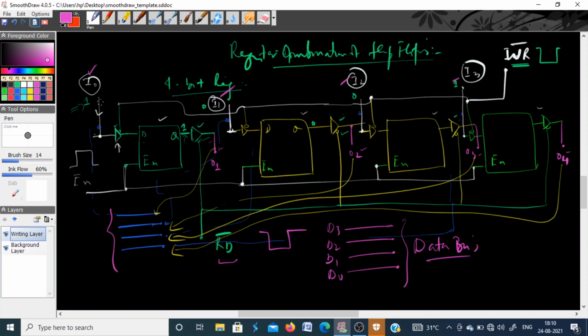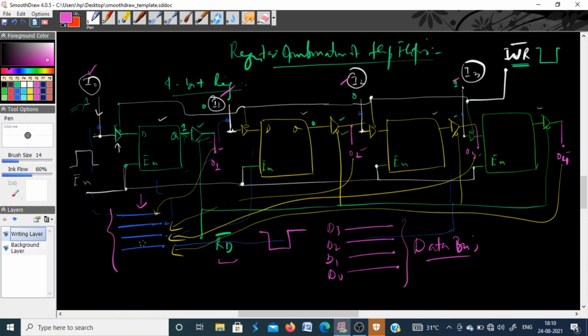The data from the databus will be placed on these inputs, or if it is a memory read operation, the data on the output will come on the databus. Okay, so you have the same databus, so inputs and outputs both are connected with the same bus in parallel. So this is the basic